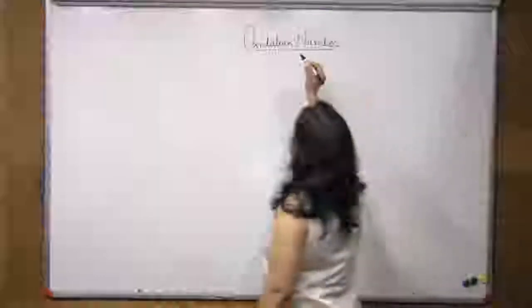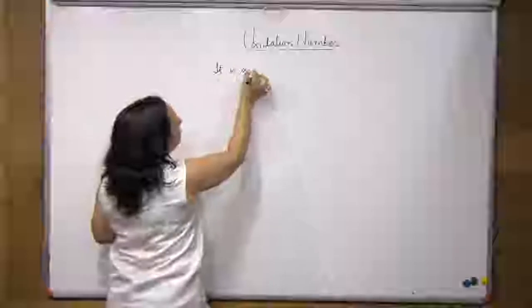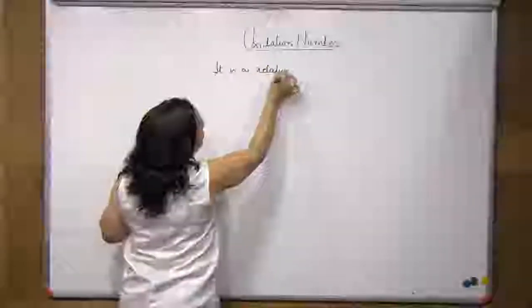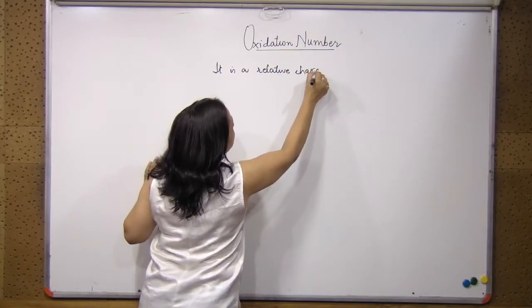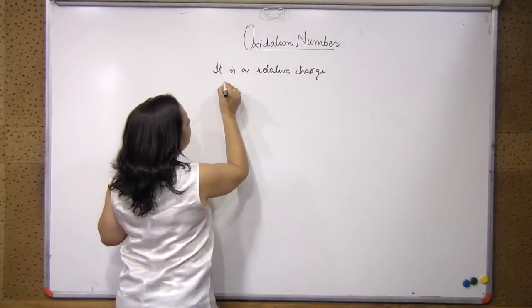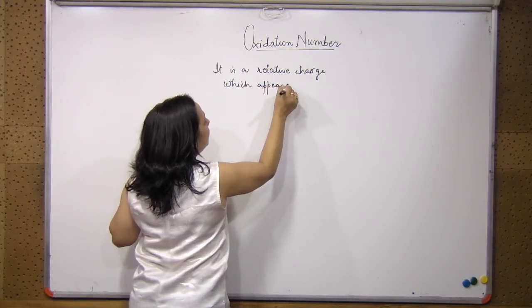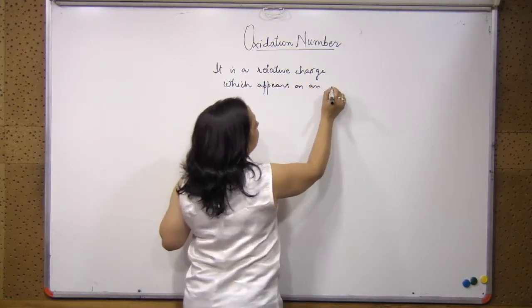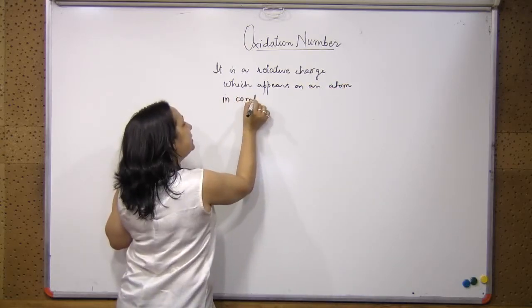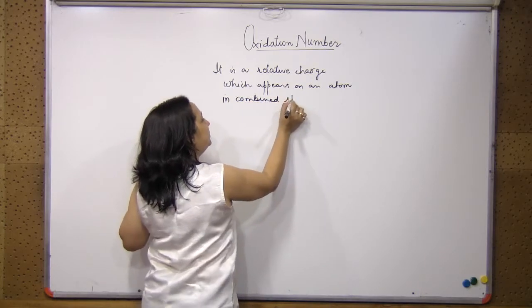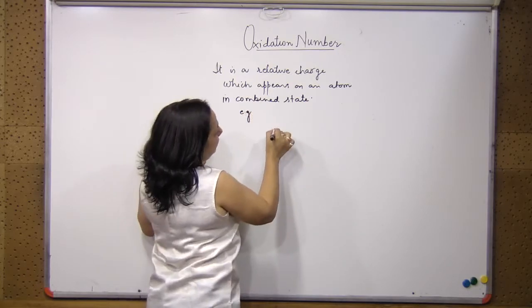Oxidation number. What is oxidation number? It is a relative charge which appears on an atom in combined state. For example, when we write H2O,